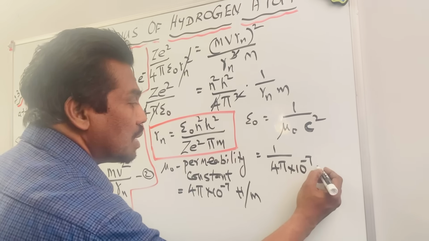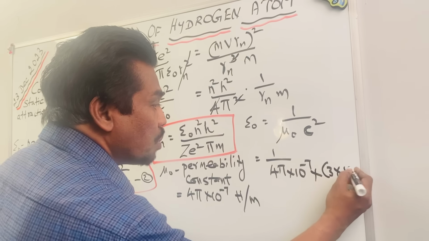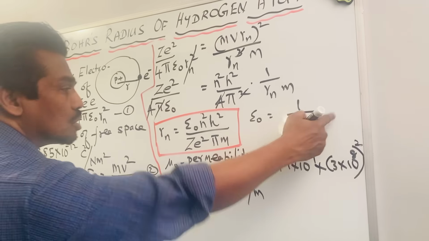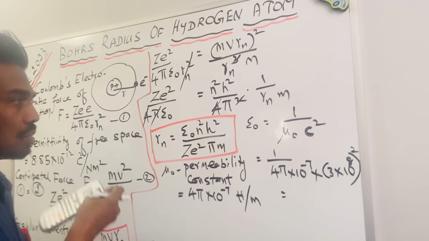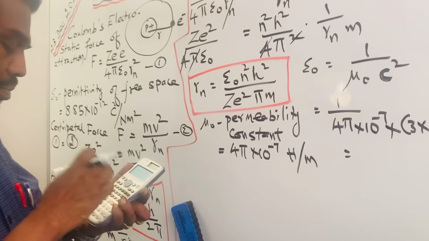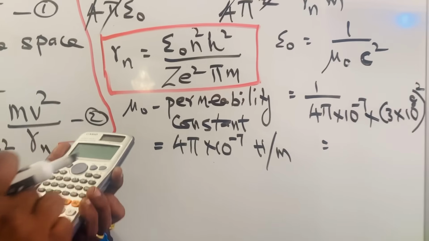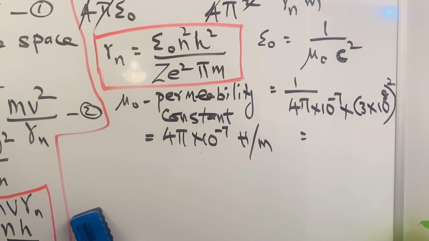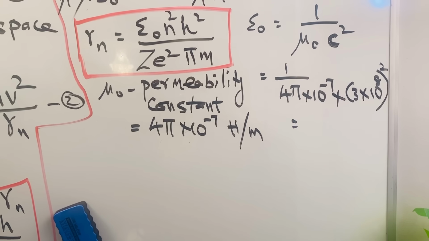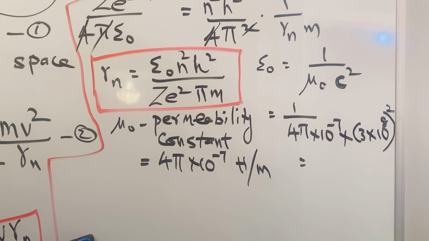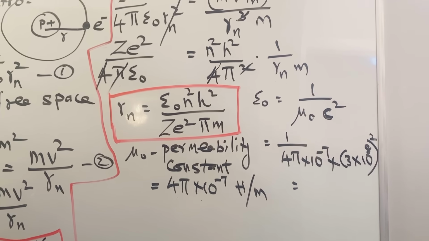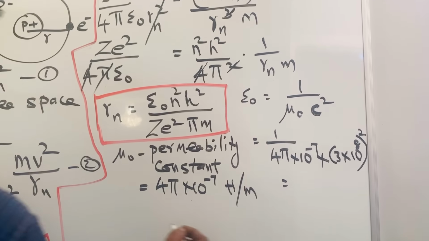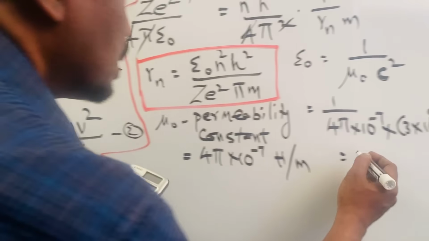We know the velocity of light is 10 power 8 meter per second, squared. So epsilon 0 equals 1 over 4 times 3.14 times 10 to the power -7 times 3 times 10 to the power 8 whole square, which will be equal to, I got the same value which is mentioned,